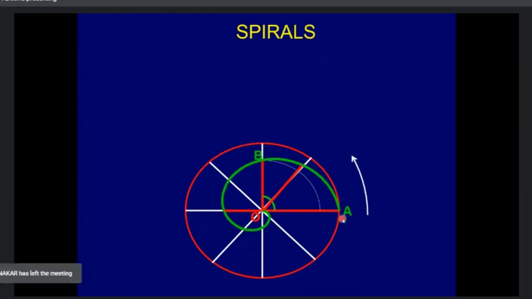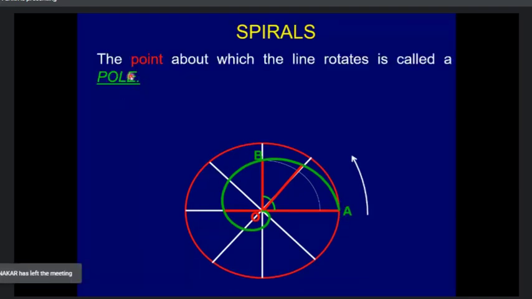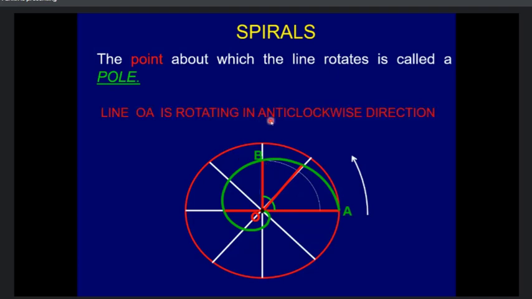So a term associated with it, the very first is what is a pole. There are theoretical terms which you are going to understand initially. So what is a pole? A pole is nothing but a point about which a line is going to rotate. Here in this case, it is going to rotate about this point O. So we say that this point O is the pole. A pole is a fixed center point, a fixed point about which this line OA is rotated. So as you can see, the O is the pole.